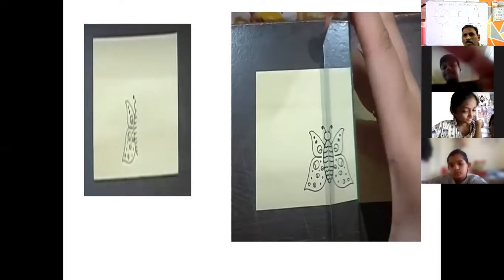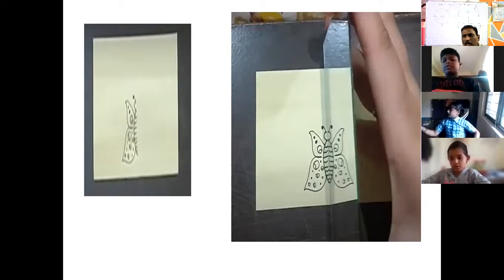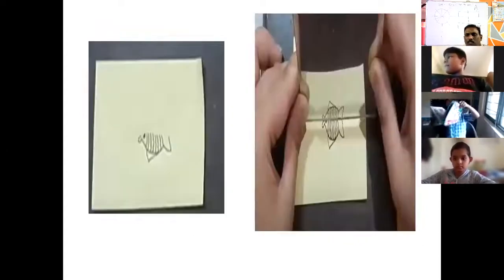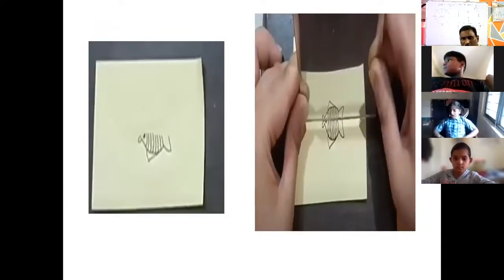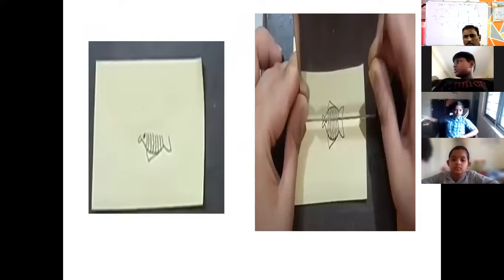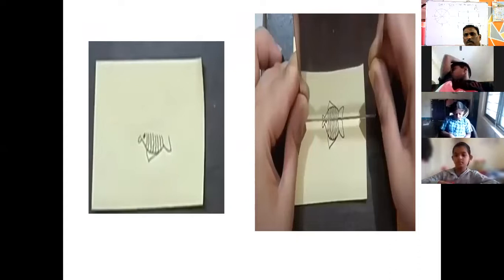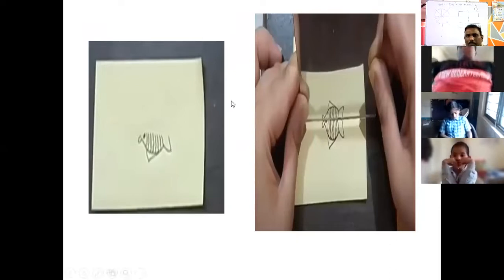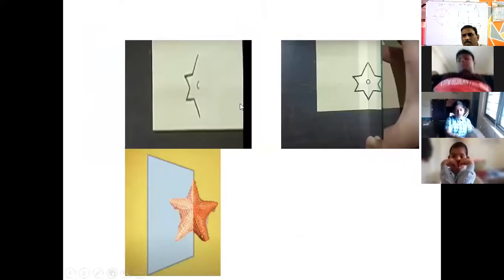I request all the students to do the drawings of this, at least 3 to 4 drawings, and paste in the classwork. Do the painting, drawing. This chapter is completely activity based. There are no problems or questions. There are no formulae. Everything is about paintings and drawings. You are asking about fish, no? You can draw a fish with horizontal symmetry or vertical symmetry. Star.